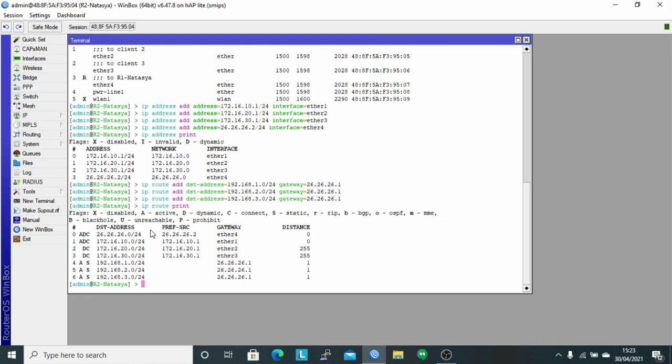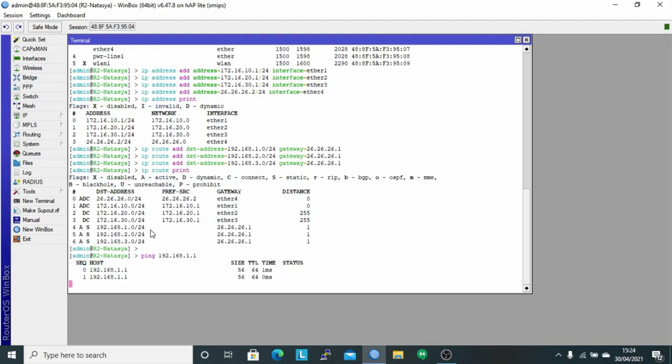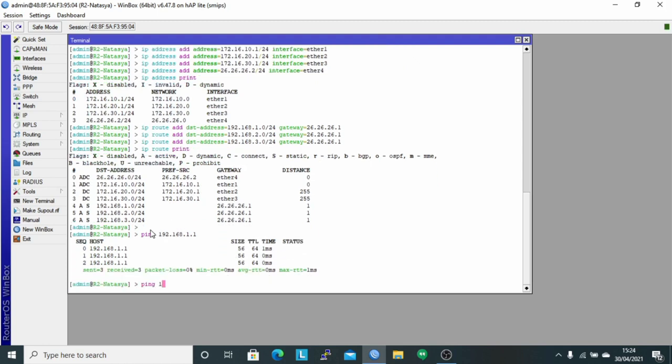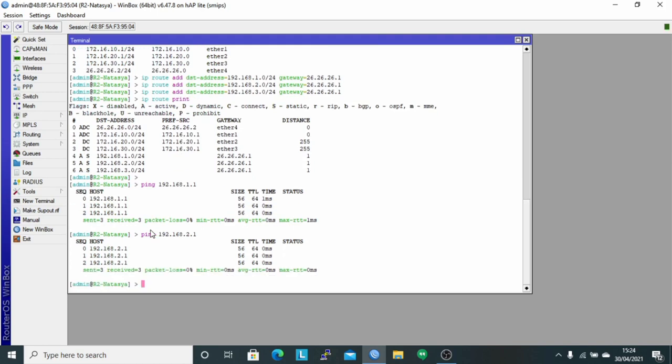And next, perform the test by pinging the IP clients on router 1 with the command ping 192.168.1.1, and ping to the client on Ether 2 with the command ping 192.168.2.1, and next ping on Ether 3 with the command ping 192.168.3.1.